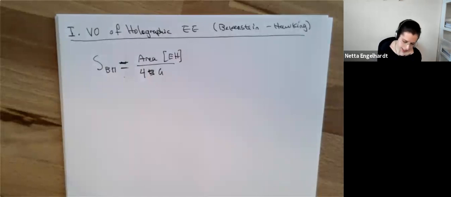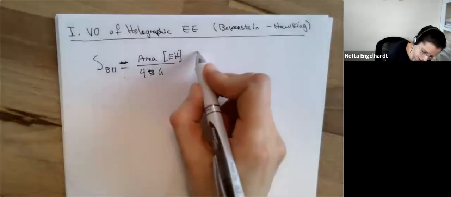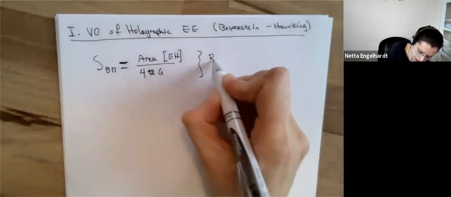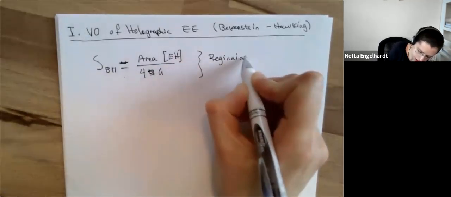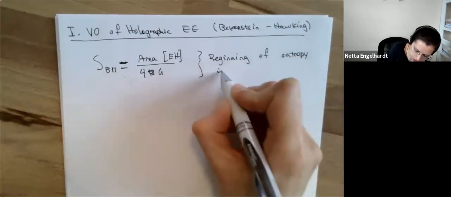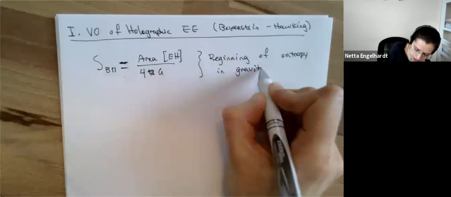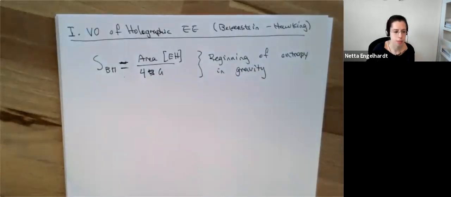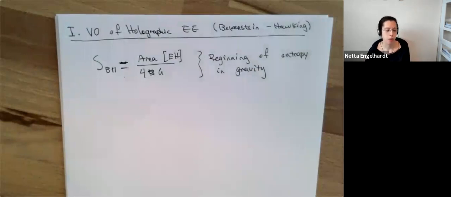Now, I like to think of this as version 0 of the complete formula for the entropy associated to a region or subregion of a gravitational system. So in some sense, this is the beginning of entropy in gravity. You can trace it back, in my opinion at least, to these developments in black hole thermodynamics. Now you might say, well, wait a minute.